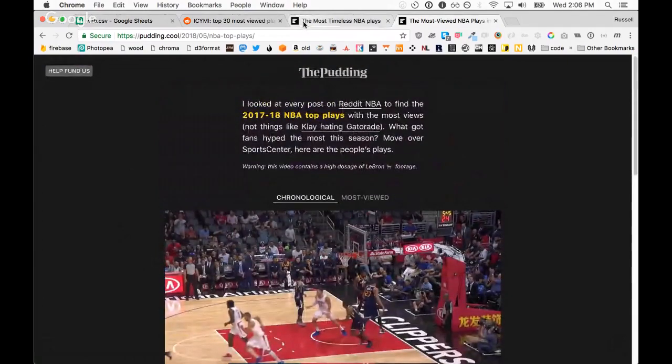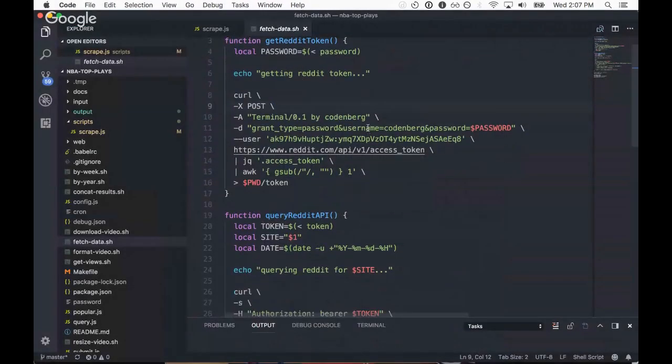Awesome. Do you want to give us a little bit of background on why you decided to do this project? Yeah, so it initially started as just an exercise for myself to learn Bash scripting. So let me switch over here. I took a couple days to familiarize myself with this slightly esoteric scripting language, but it's super powerful and not very utilized in data analysis. But you can do anything with it. So I just wanted to see what I could do with it in the realm of data collection and processing.